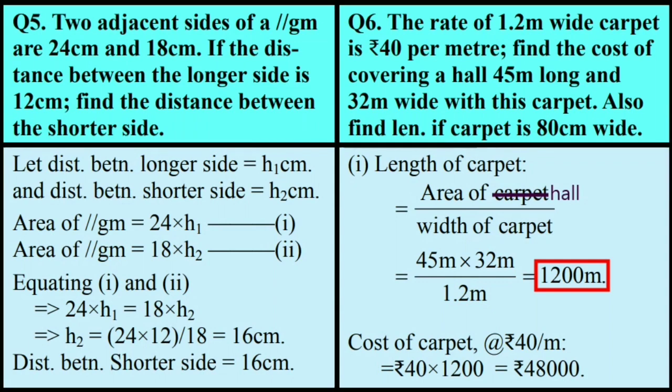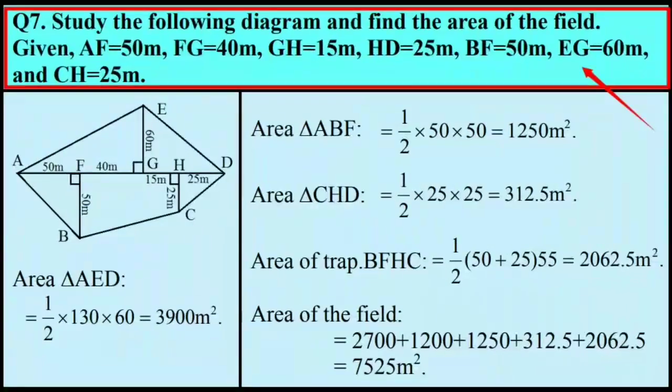Now the cost of the carpet required at the rate of rupees 40 per meter is rupees 40 multiplied by 1200, and the result obtained is 48,000. So the cost of the carpet required is rupees 48,000. Next question,